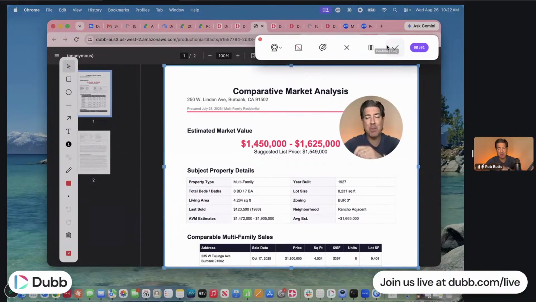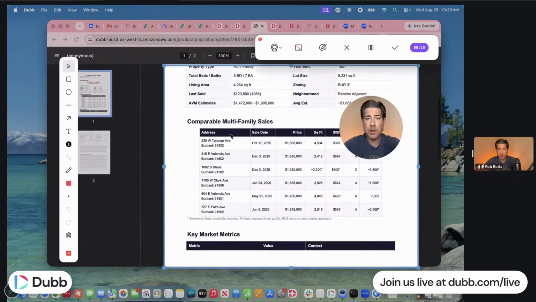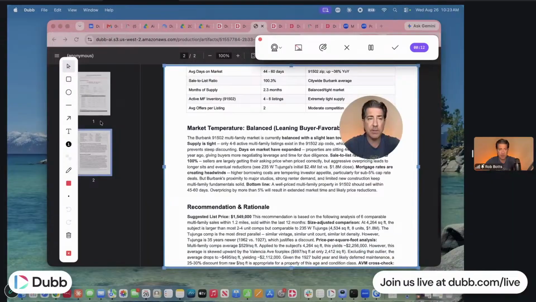Hey, this is Rob. Listen, I wanted to send you this quick CMA right here because I know we talked earlier about this. I wanted to send you a nice detailed breakdown here. There are numbers that you definitely want to pay attention to. And as we scroll through here, I want to point out some other things down here. Look at this right in here. Pay attention to this part right here.